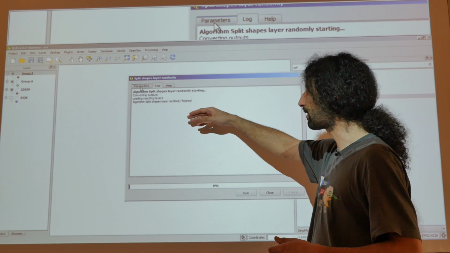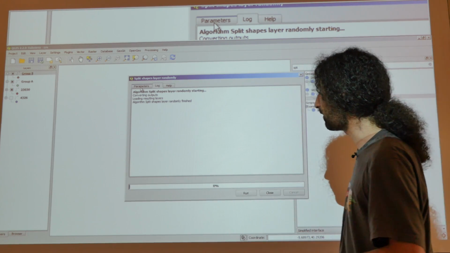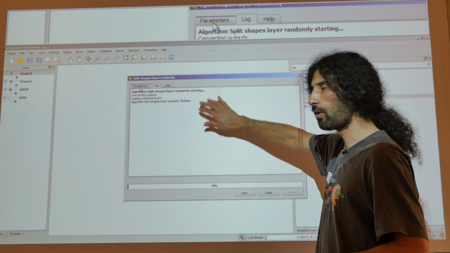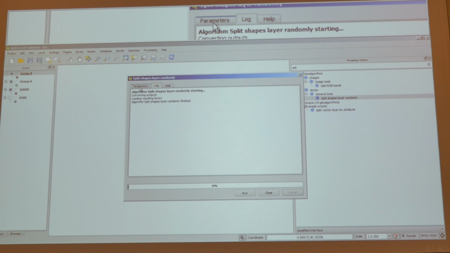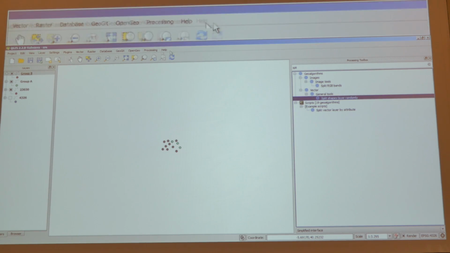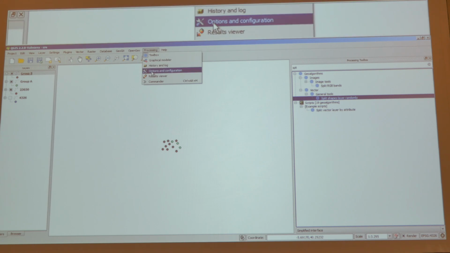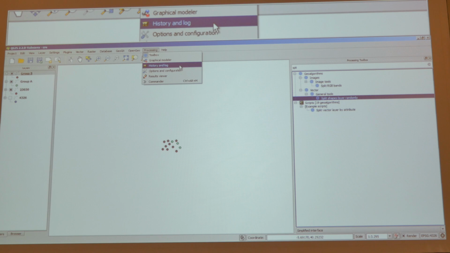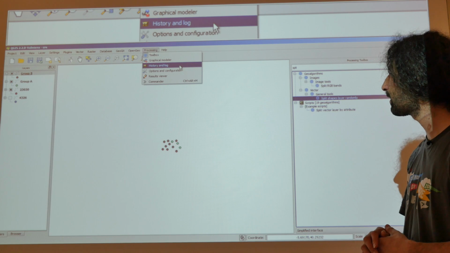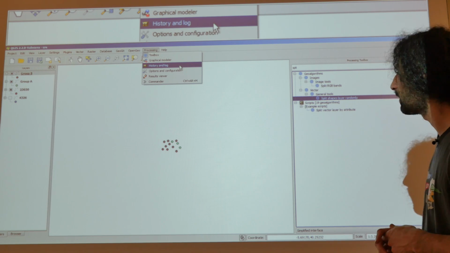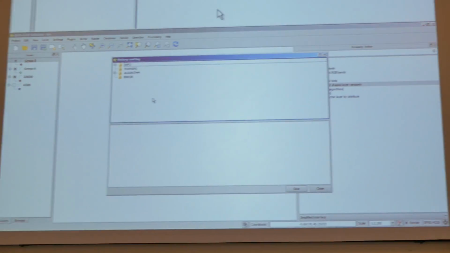But usually, if you call an external application, you're going to have all the conversation between the application and processing here. Apart from this log that is not closed, we have the processing log, and this is a very useful thing actually. I have my two layers that are generated in here, right? So it's in the history and log, right? It's in there. Okay, processing, history and log, right? And if you open it, you have the history of all the things that you've been doing